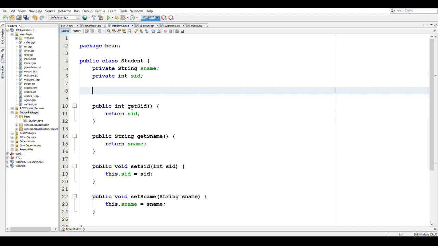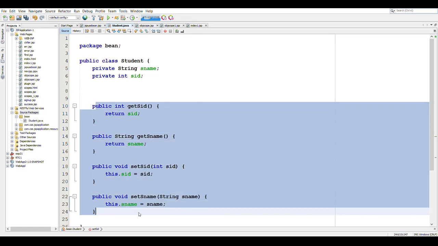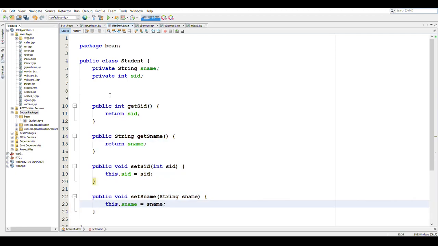Always make sure to follow the naming convention where the getter method starts with a small get and then the field name where the first letter of the field is capital, and the return type should be the same as that of the field. In case of a setter method, it is set in small and then the field name with the first letter capital, and here we pass an argument of the type of the field, and the method returns void. These are the conventions to follow for writing the getter and setter methods.